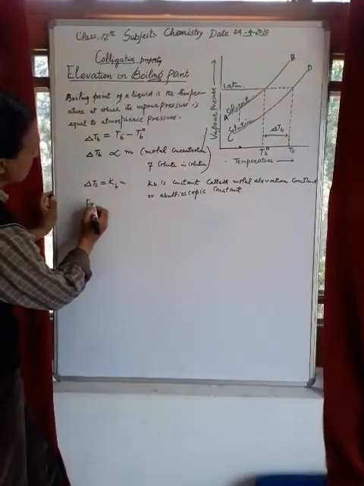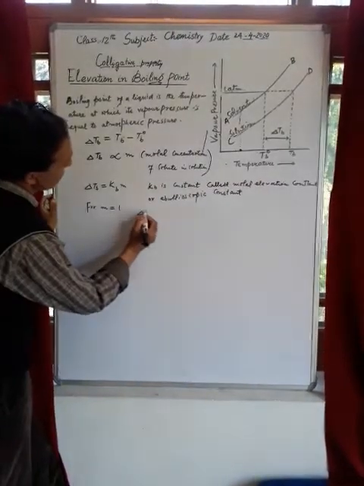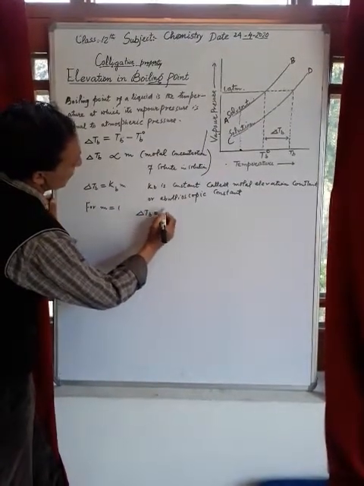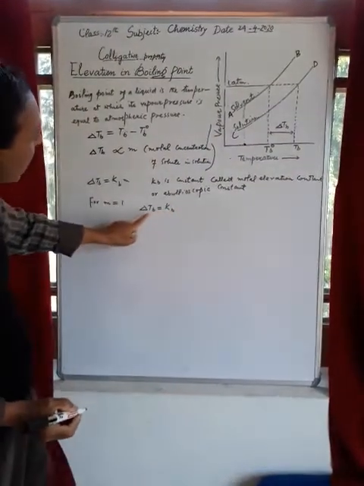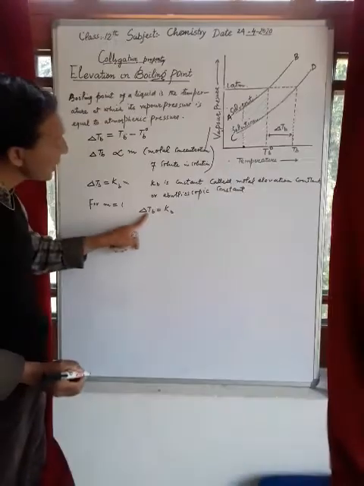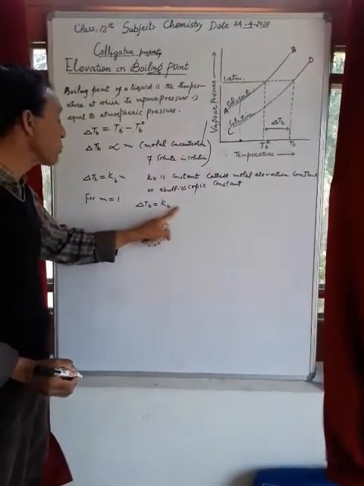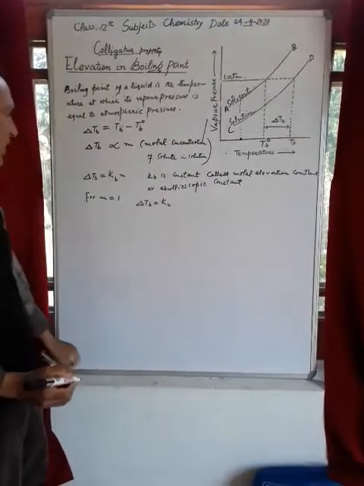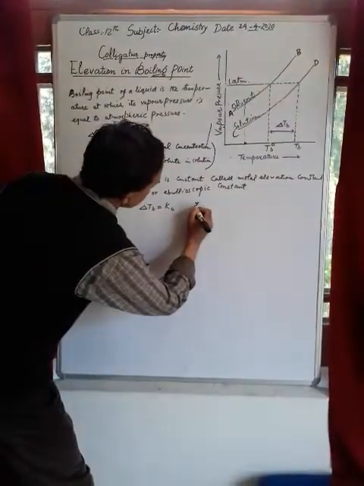For m equal to 1, del Tb is equal to Kb. Thus, the molal elevation constant is defined as the elevation in the boiling point when the molality of the solution becomes unity,